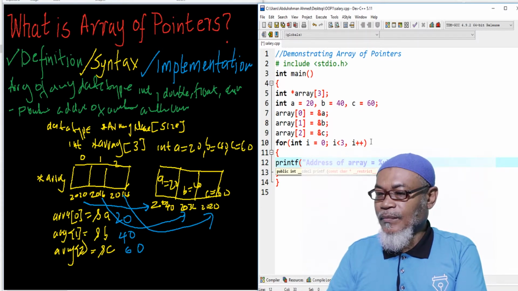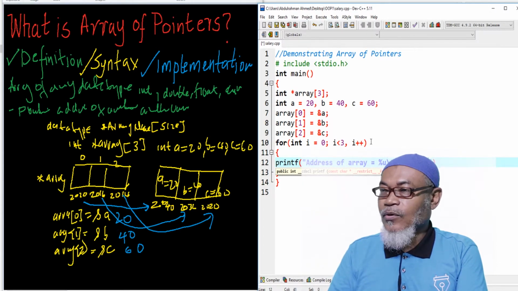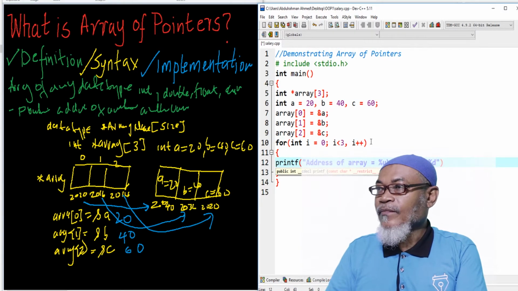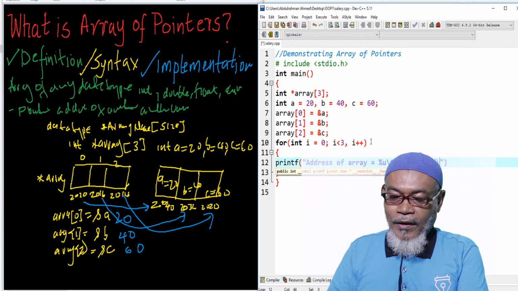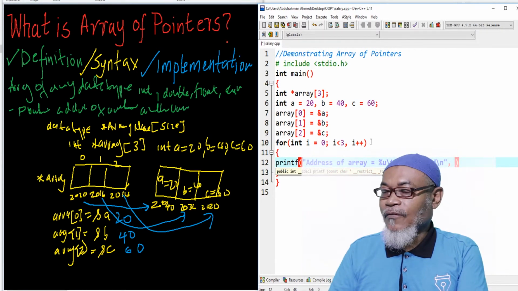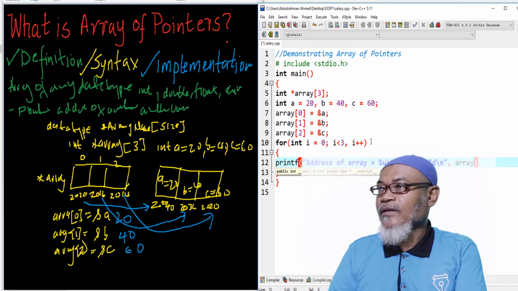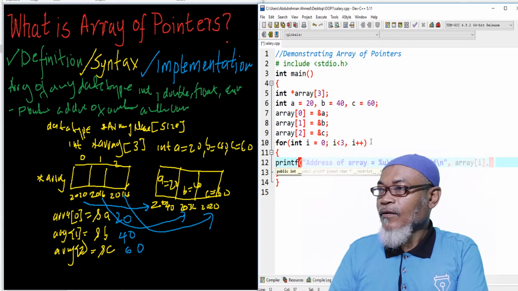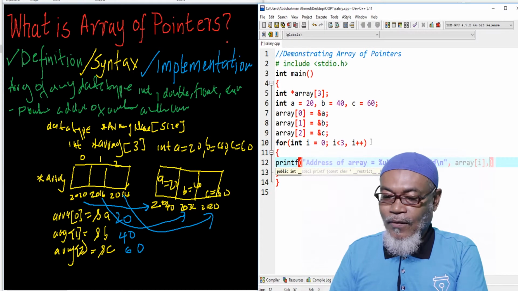So we'll have a tab, and then we are saying the value equals, so we are having a percentage d, and then a new line, and then we have our variable, that is array, and we are putting our I inside there, and then finally we have our pointer